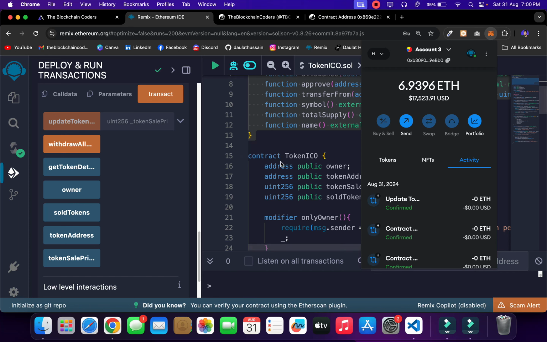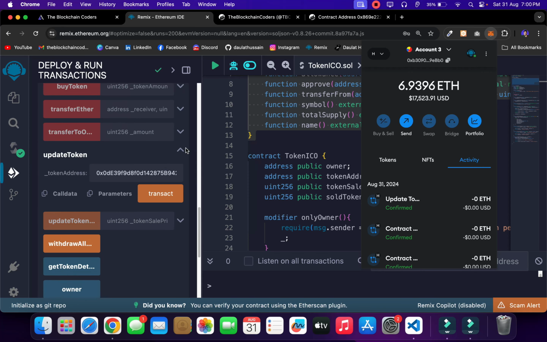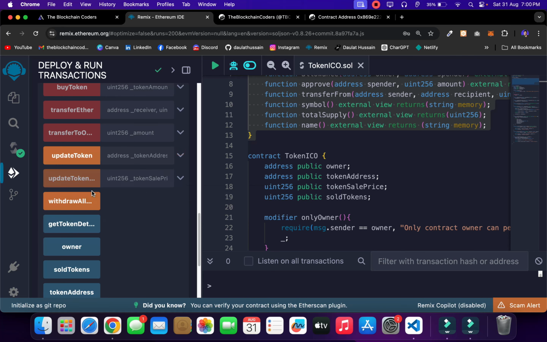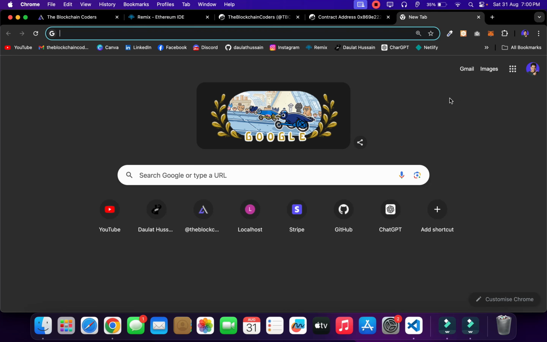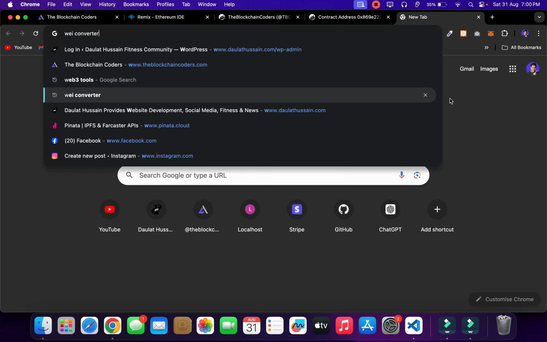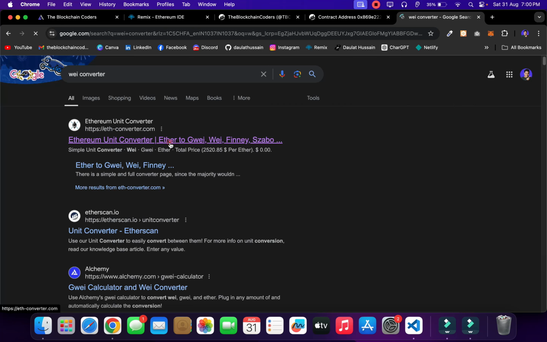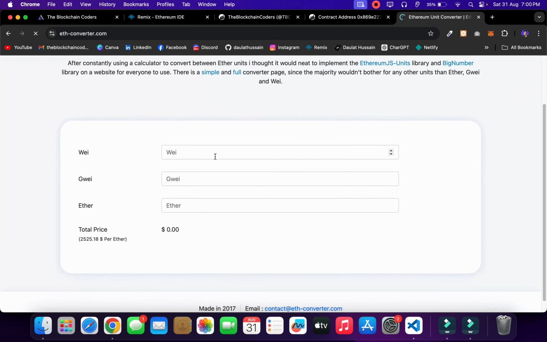Once we're done with that, now you also have to update the price of the token, that is, at what price you want to sell your token. So we can come back here and come back to Wei Converter. I want to set my token price to be something like 0.00001. So this is the price at which I want to sell my token, and this much Wei is going to be this much. Simply copy this amount, the Wei amount, and that's what you have to provide,